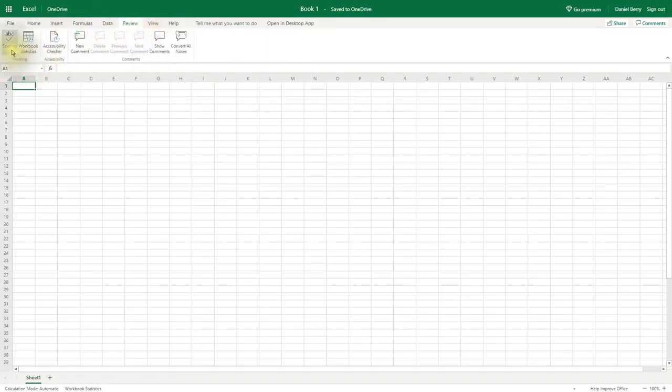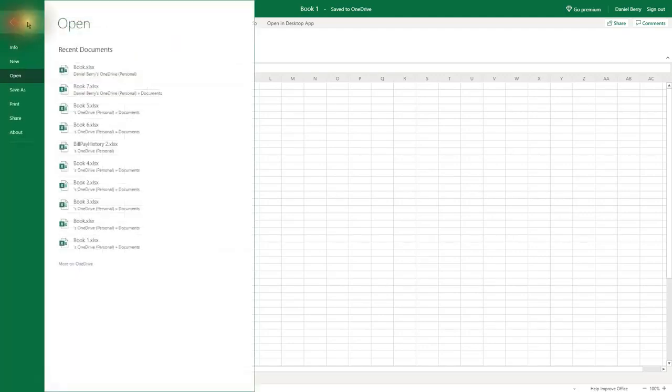Review, of course, that's when I check my spelling, and then I can go to view, and that's where I have different options to view. One thing that people ask is, why do I have a reading view? Well, perhaps you've already created the workbook and you're sharing it with someone, and that person doesn't want to change a cell or any numbers in there by accident. They would click on reading view, and that way they can read it without accidentally changing the data. Then we have help, which is real important there.